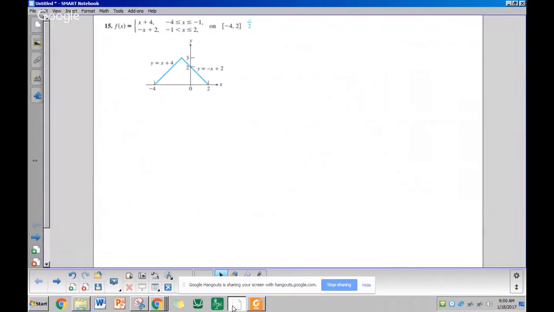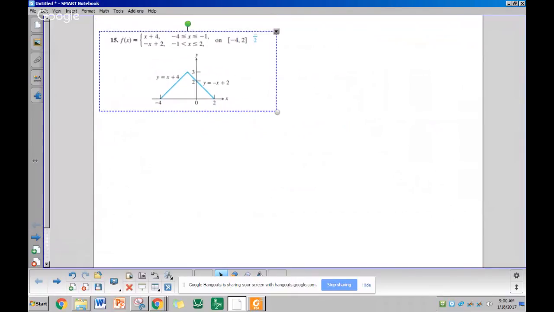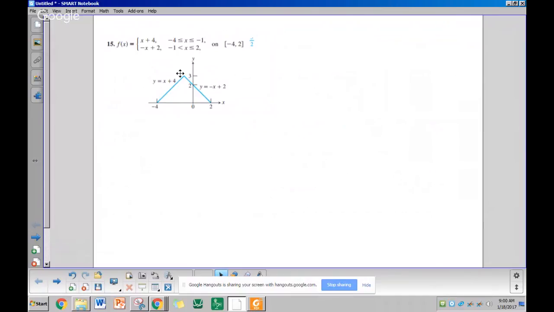We're going to go over the homework first. Here we go. These are questions from homework for 6-3. All right, and I believe the instructions on 15 are to find the average value of the